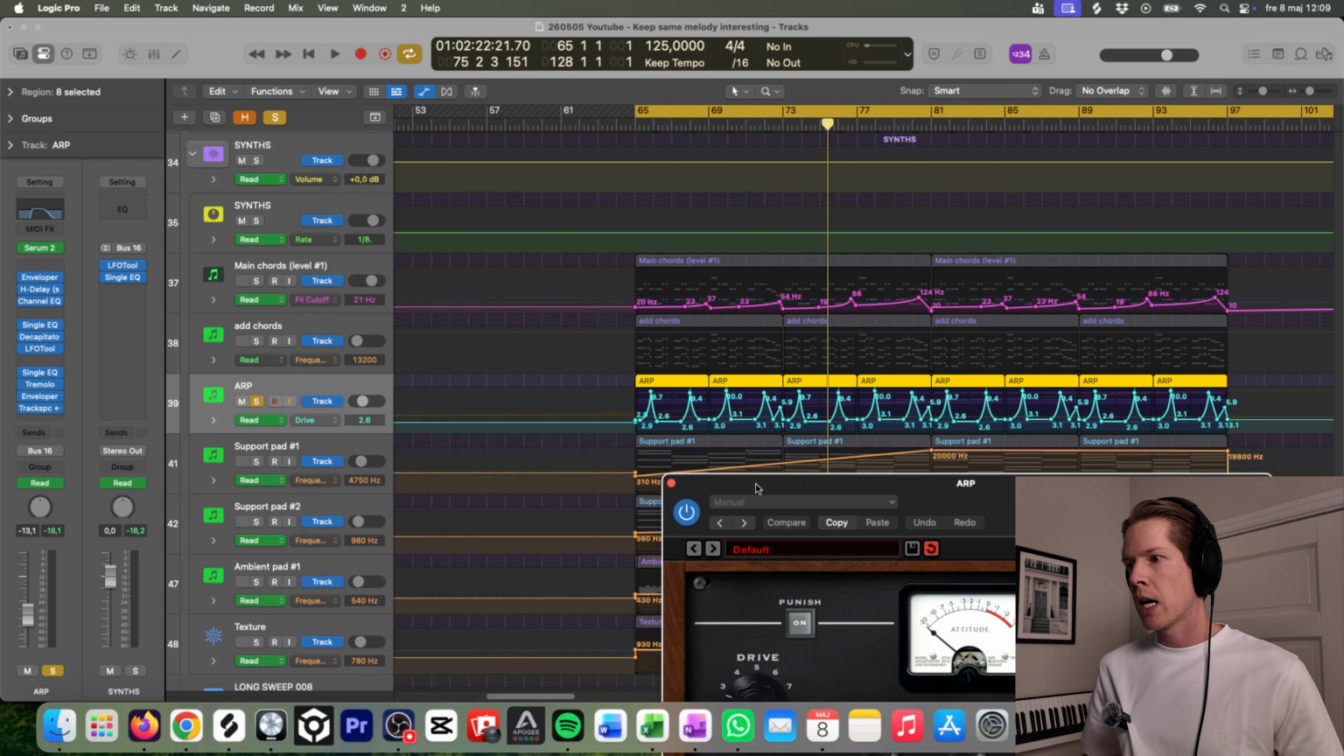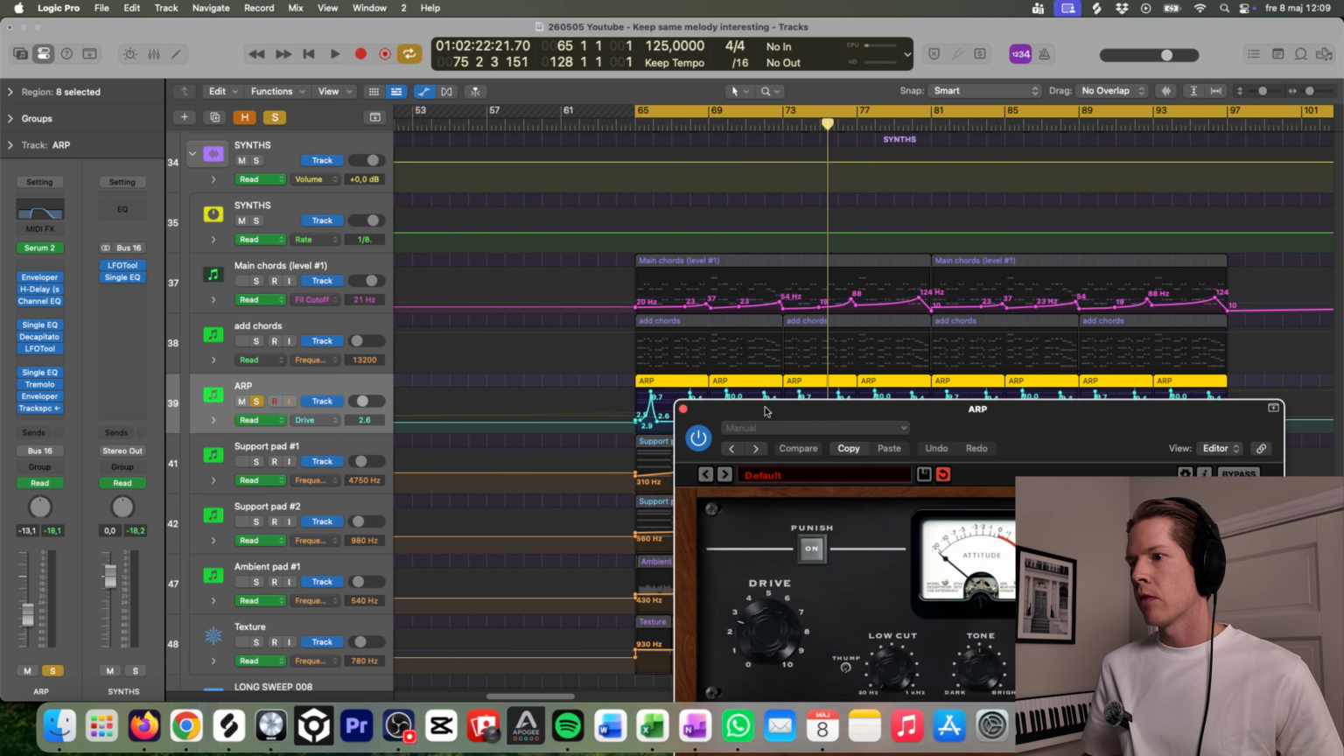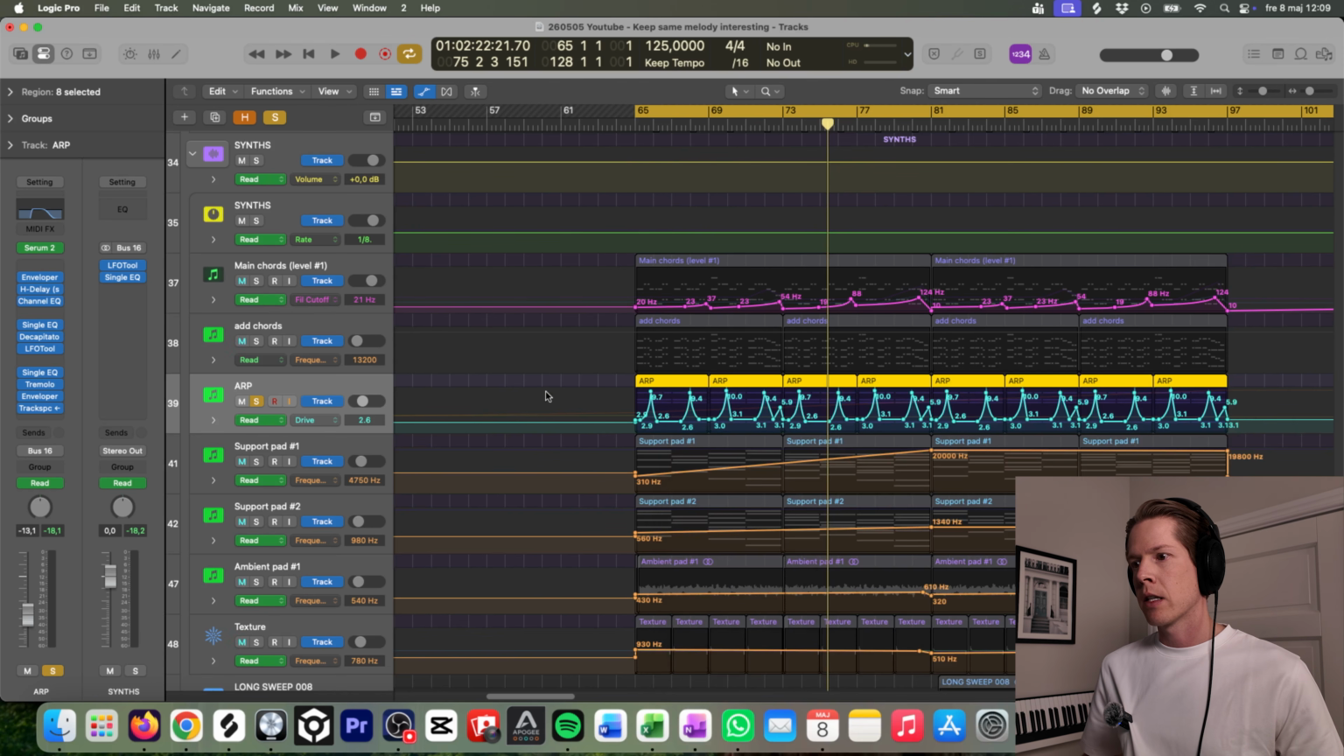And what I do, it looks crazy, but this is very easy. In the same way as I did here with the filter on the main chords, I do some variation with the drive on the distortion. And as you can see here,